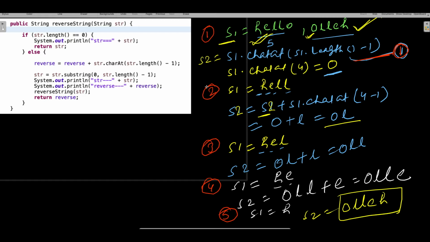If you think, the answer you will get is: to get these kinds of strings, if I write s1 is equal to s1.substring, from 0 to s1.length minus 1.